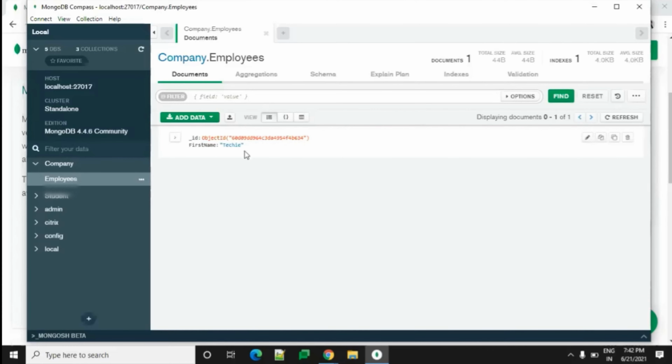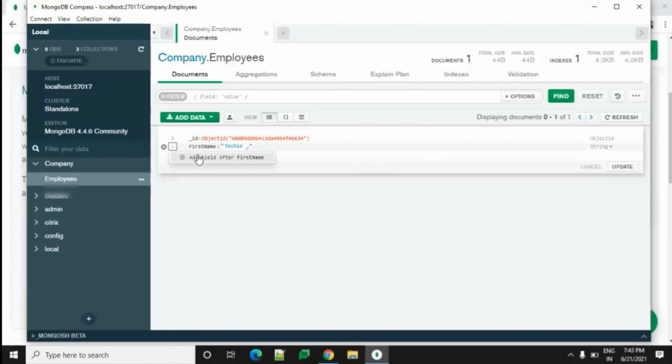You have shown how to add one document. If I have to add two or three documents, how can I do it? And if I have to edit after some days? The same way, if you want to add another record, we click on add data and insert a record. If you want to edit the existing document, hover your mouse there and you'll get a pencil icon in the corner, where you can edit, and lastly you can delete. So you can update accordingly.